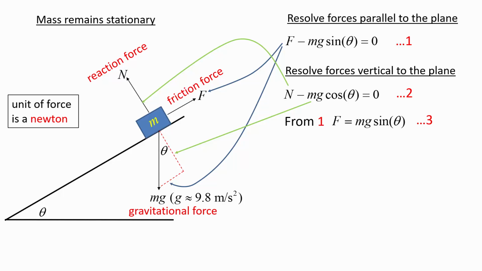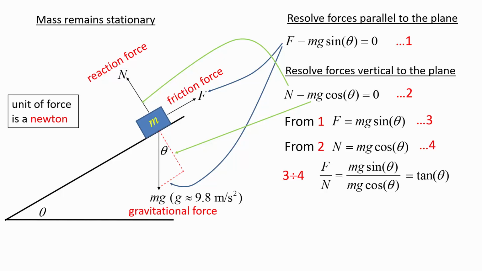Now from equation 1, we can rearrange that to get F equals mg sine theta. And from 2, we can write N equals mg cos theta. So let's refer to those two equations as 3 and 4. If we divide equation 3 by equation 4, we have F divided by N equals mg sine theta divided by mg cos theta. The quantities m and g cancel, and sine theta divided by cos theta is a trigonometric identity,